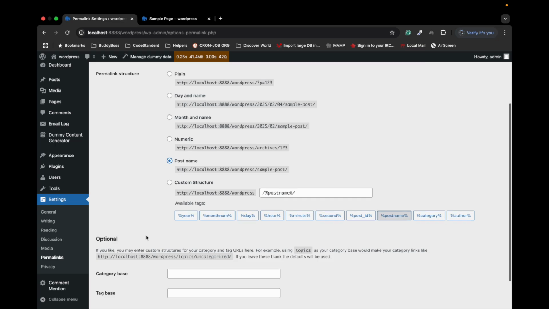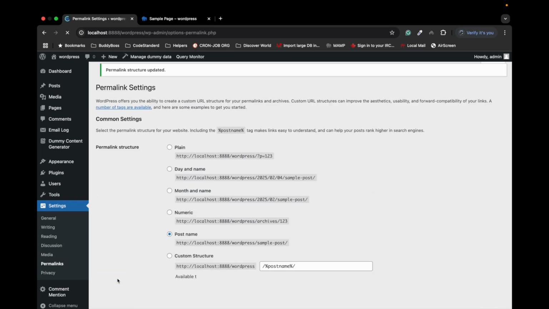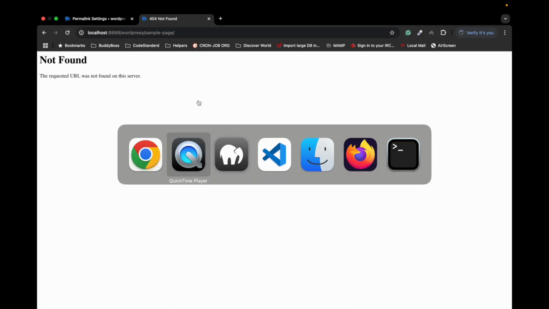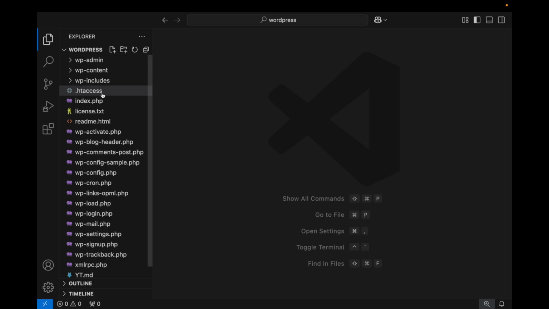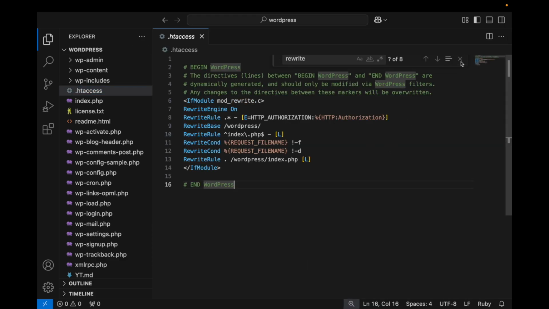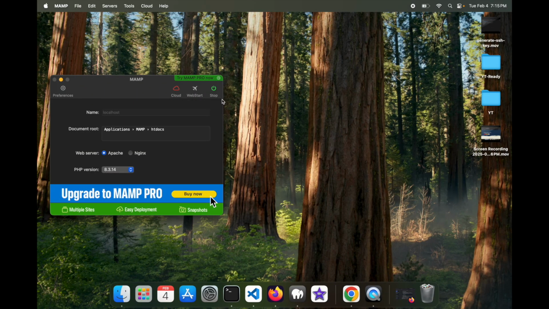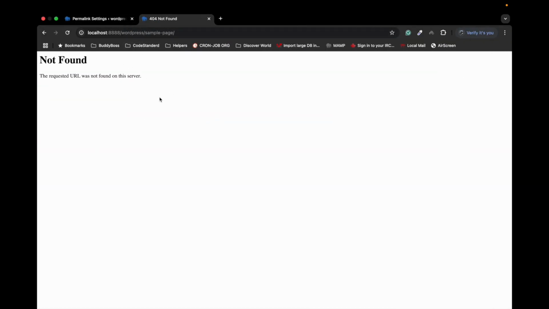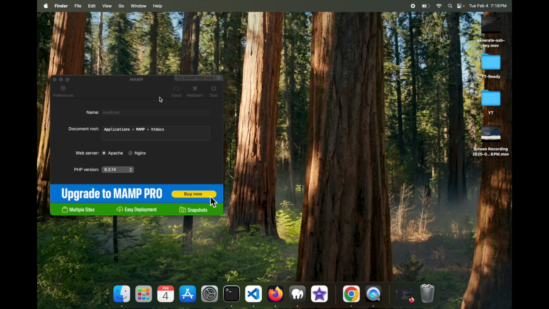Let's get back to the permalink, and now if we try to access this, it will give us 404. So then I tried to check the .htaccess, which is fine. The .htaccess is correct. MAMP is on using Apache. Then even if permalink is set and still our page gives us 404, then what we need to do,